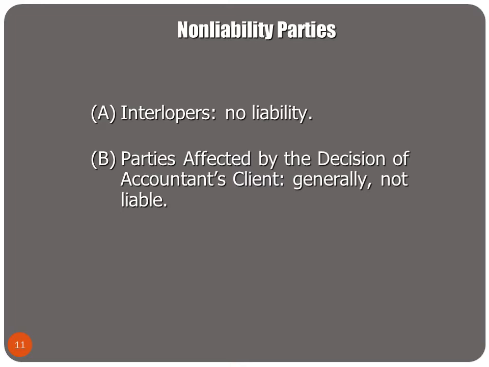Outside of what we just looked at, we're going to look at non-liability parties, and in one case we're considering interlopers. There are some third parties to whom the accountant does not have liability, and no court imposes liability on the accountant to a total stranger who gets possession of the accountant's work and then sustains a loss because of a false statement in the work. This applies regardless of whether the statement was negligent or intentional.